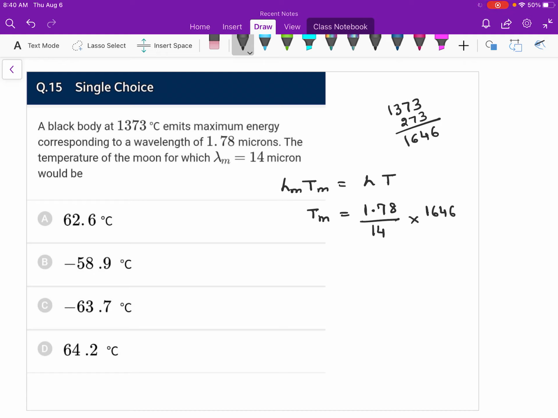Okay, so divide by 14, so 14 ones, so it should be greater than 1646, so 1373 degrees Celsius. 14 twos are 14, ones are 14, 10, 106, 14 sevens are 98. Then 8, 14 fives are 17, 14 sixes are 84. So this is 117.5 approximately, into 1.78. So let's take it as 1.8.